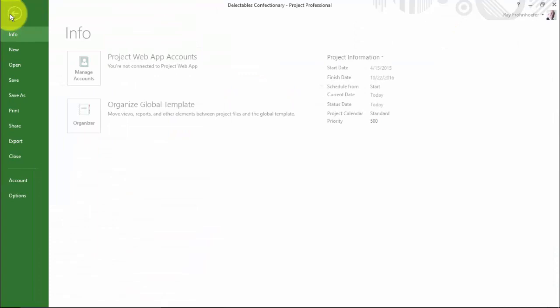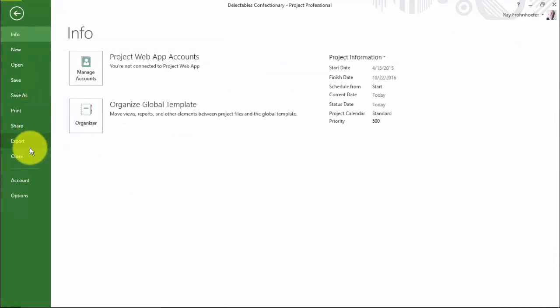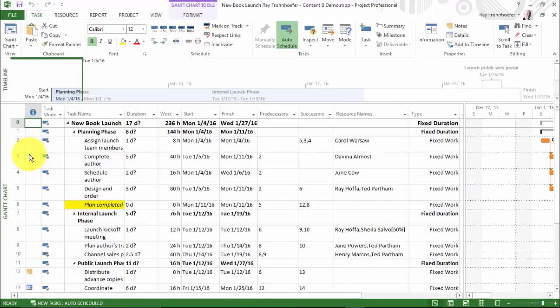So I'm going to close this project, go back to my original one again, and let's take a look at the idea of the Excel export now.